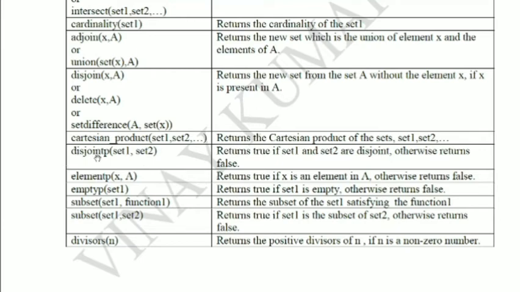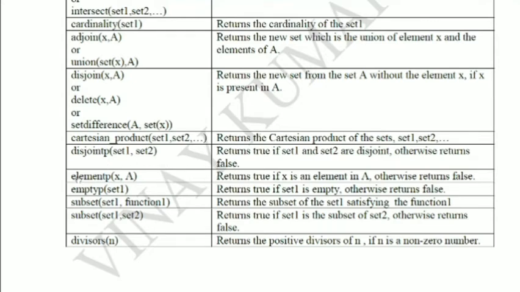So this command disjointp verifies whether there is any common element or not. If they are disjoint, then it will display true. Otherwise, if there is any common element between these two, then it displays false. Once after execution of this, it returns true if these two are disjoint, otherwise false.